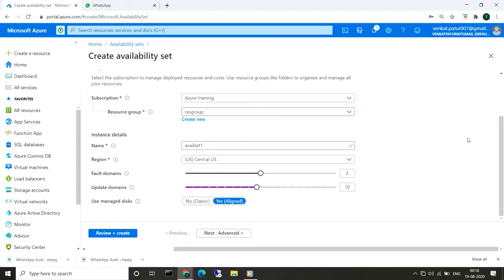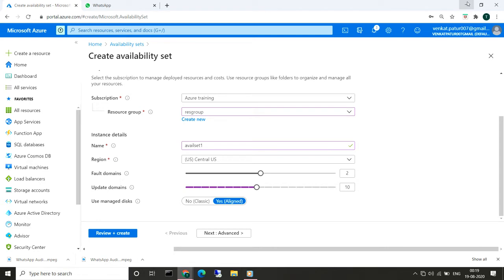From that server, whatever VM is available, we can get the availability. This is the fault domain. Update domain: in this physical server, for example, as I told you, two fault domains, in every fault domain there are multiple update domains, like we can say racks.